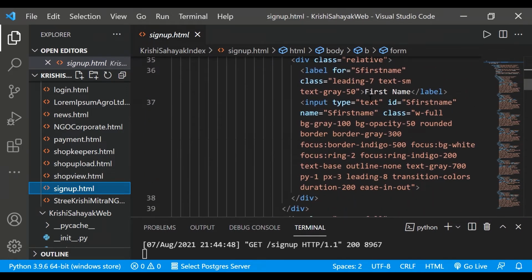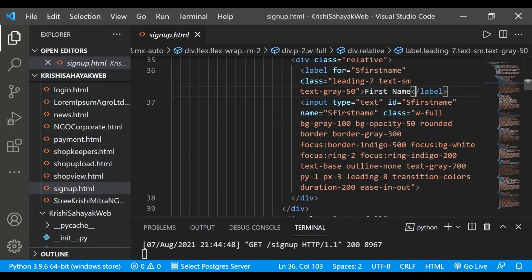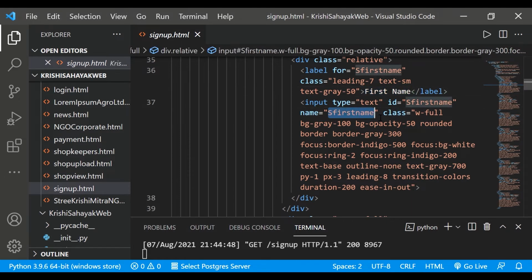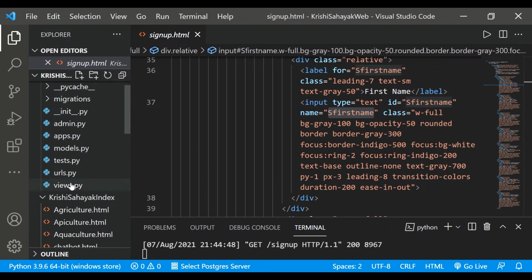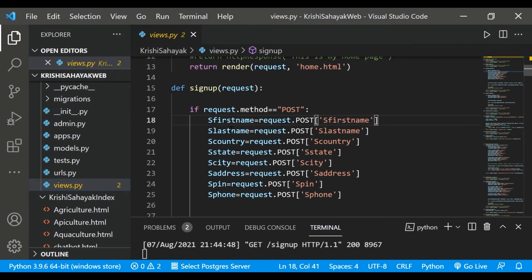Suppose the first name is there, and I have given it the name s_first_name. The same thing is written in views.py: s_first_name equals request.POST s_first_name. Hence, whenever the person types his first name and submits the form, the data gets stored.